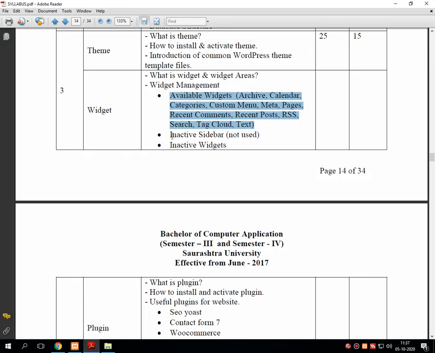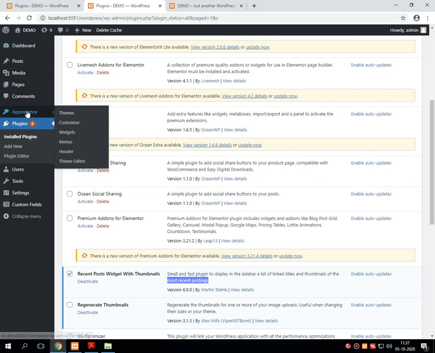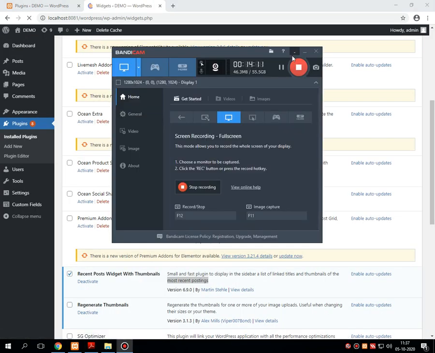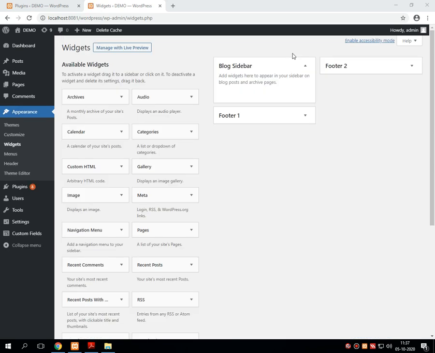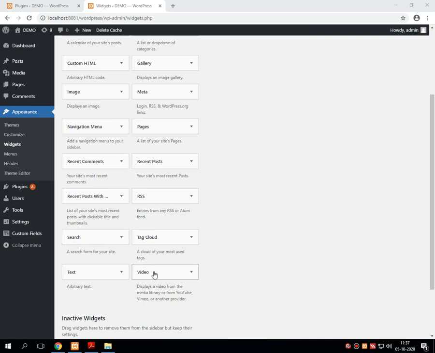Now in WordPress, there are a variety of inactive sidebars also used, these sidebars are given into the appearance widgets, and this audio, custom HTML, image, then video.